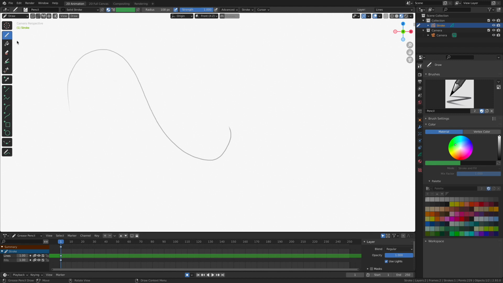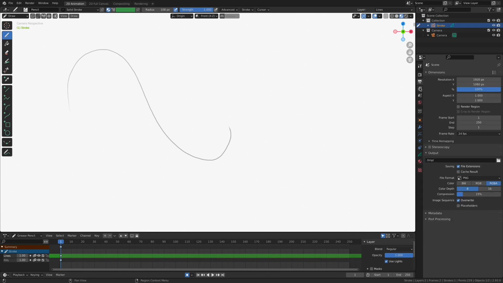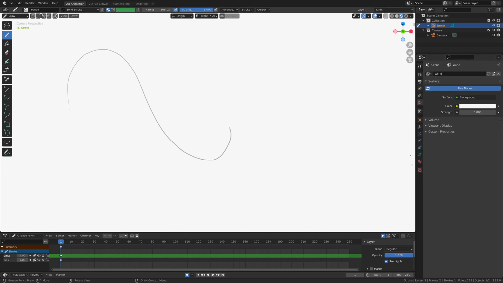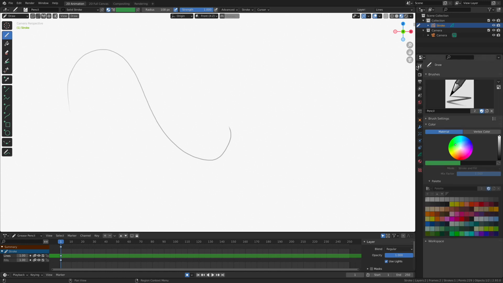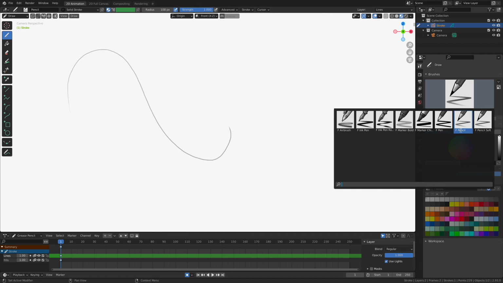different look. If we go way over here to the right-hand side of our screen, I'm in this little tab that looks like a screwdriver and a wrench. All these other ones are going to bring to the surface properties that are for other items, but this first one, these are our tool properties, our active tool properties. And check it out, here's the pencil brush. However, if you click on this icon here, check it out, you get a whole series of other presets, which is going to change the way that the draw tool works and looks inside of Blender.